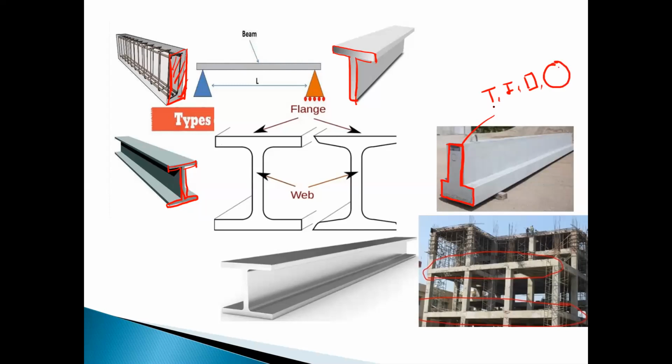So when we design the beam having this cross section, we need to find out the location of the center of gravity. Okay, so for such objects or cross sections we can find out the center of gravity by using the formula of the centroid. X bar is equal to summation ai xi divided by summation of the area, and y bar is equal to summation ai yi divided by the summation of the area. Okay, so by using this formula x bar and y bar, we can find out the centroid with respect to the given standard axes, x and y axis. So this is again an application of the centroid formula.